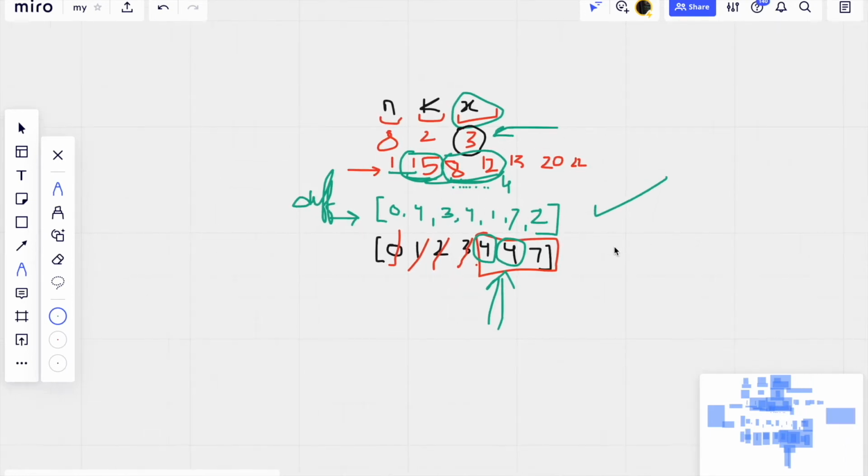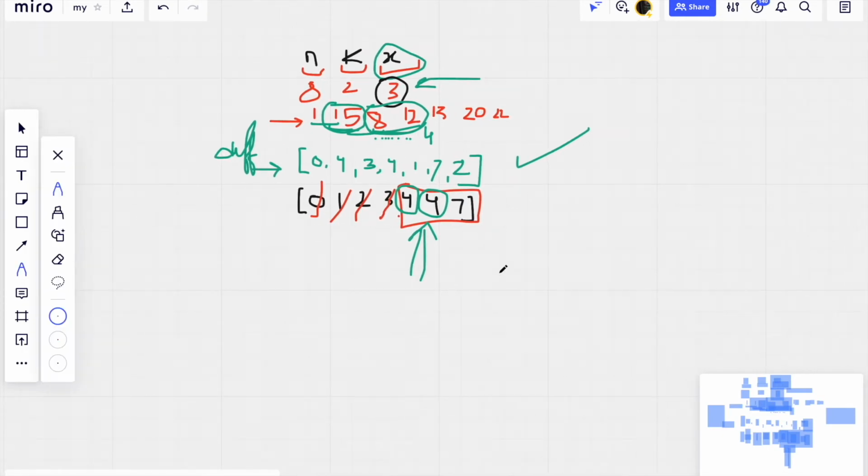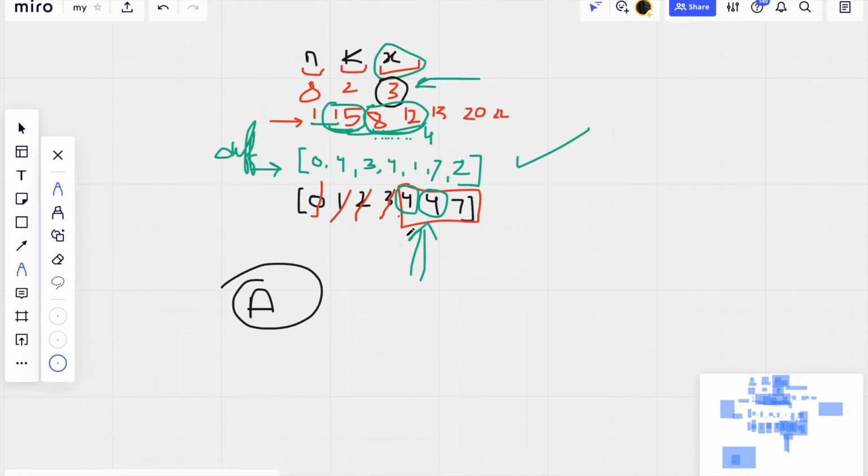So what I will do is iterate over these elements. This is my approach now. I will iterate through every element of this difference array. If the number of students which I need to insert in this particular group, the required number of students to eliminate this difference, is less than or equal to k.